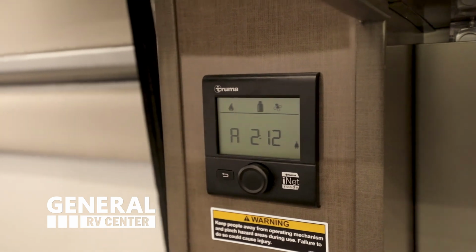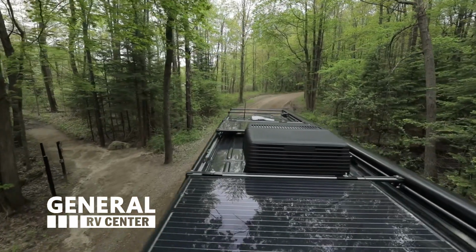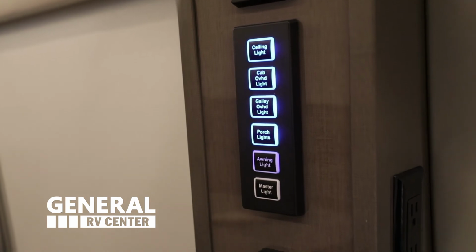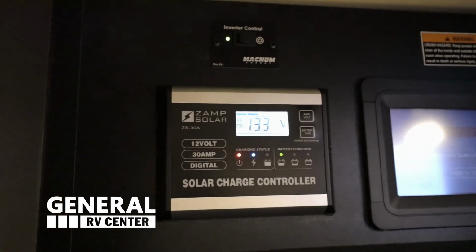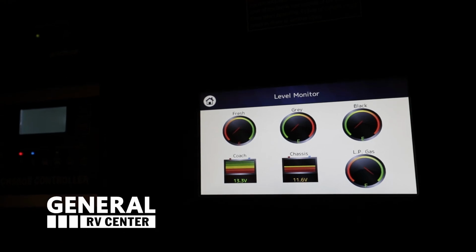The Truma Combi Eco Plus heating lets you flex between gas and electric modes, and the new Coleman Mach A AC system stays ultra-quiet. Strategically placed backlit switch panels let you conveniently control light settings, gen start, and more. The Precision Plex app also lets you monitor and control functions including lights, awning, generator, and tank and battery levels